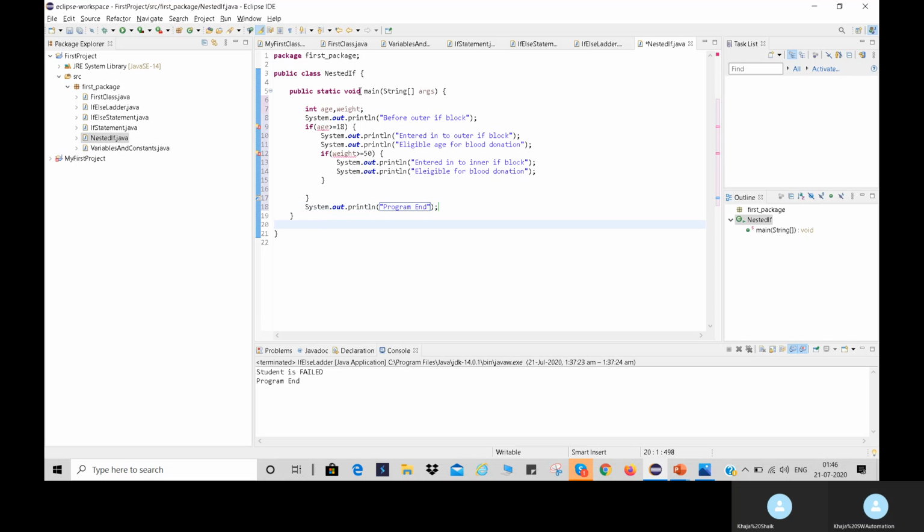Okay. Now let me give some age here. Let us suppose age is equal to 20 and weight is equal to 60. Let me run this program. What happens here? So age condition will pass here. Age is 20. 20 is greater than 18. It is true. So we will enter into the outer if block, and here these statements will